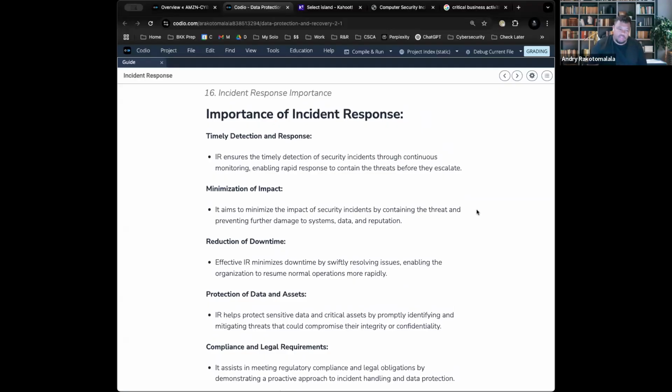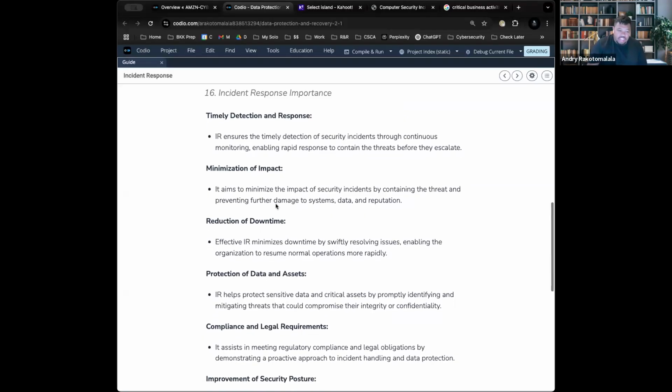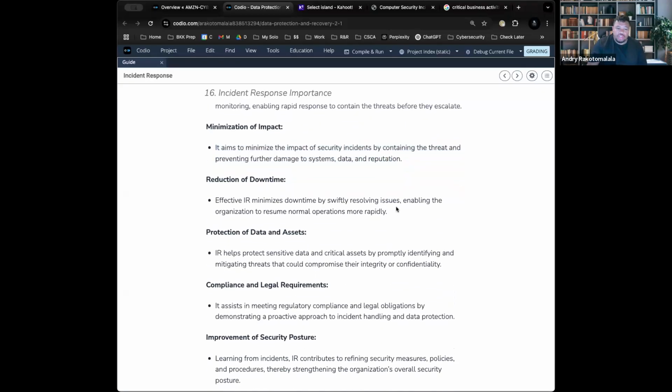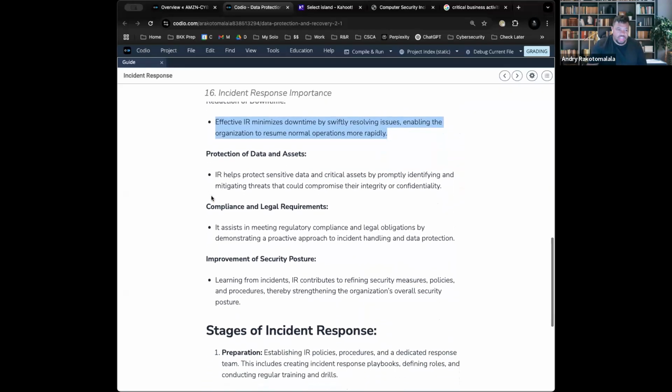After that comes containment. So you need to minimize the impact, meaning you contain the threat wherever it's at, and then you want to reduce downtime. The entire goal of an incident response plan is to reduce the amount of time that the incident is happening. I've gone through some incidents where it lasted 15 minutes. I've gone through other incidents where it lasted 3 days. I'm talking 3 days of very little sleep, sleeping in the office, coming in at 3 o'clock in the morning, that kind of stuff. Okay. But the entire goal is to reduce downtime.